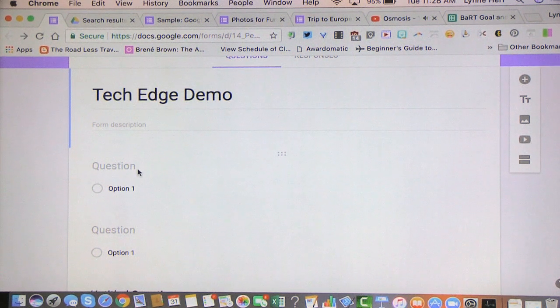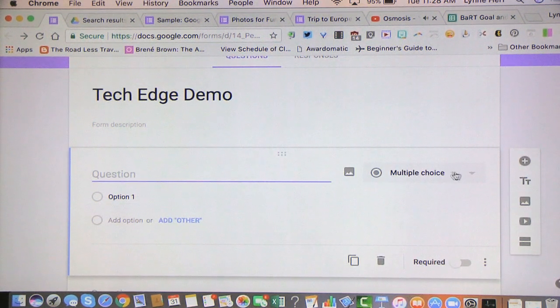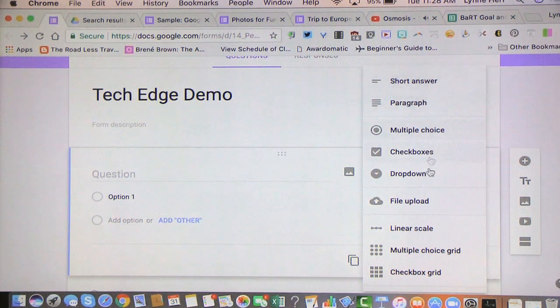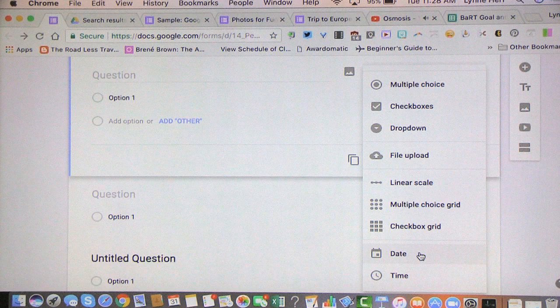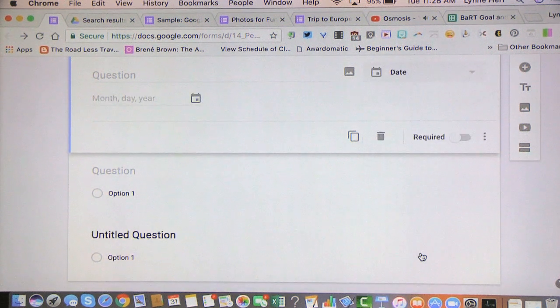So we want to just look at a couple of question types that I find a lot of teachers are either unaware of or just haven't used yet. So if we click and go into the question types, a couple that I find most people are unaware of, if you scroll down to the bottom of the list to Date, and choose Date as a form question type, you can go in then, and when people complete the form, they'll click the calendar and choose a specific